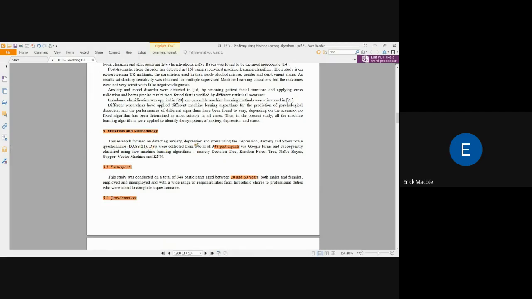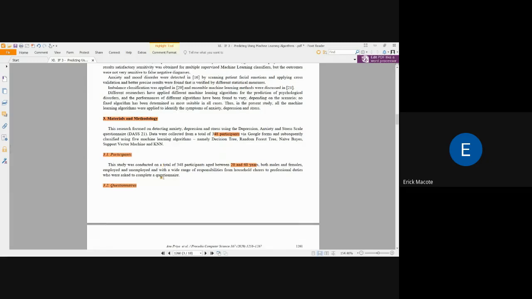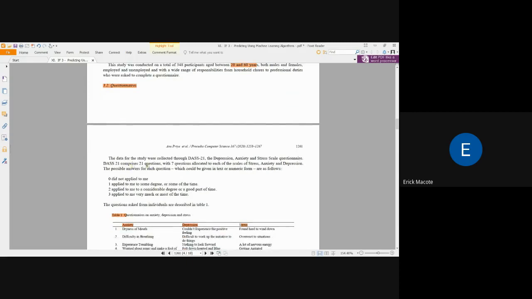Data were collected from a total of 348 participants, aged between 20 and 60 years, both males and females, employed and unemployed, with a wide range of responsibilities, who were asked to complete the questionnaires, subsequently classified using machine learning algorithms, as we will see in the following section. About the questionnaires, they comprise